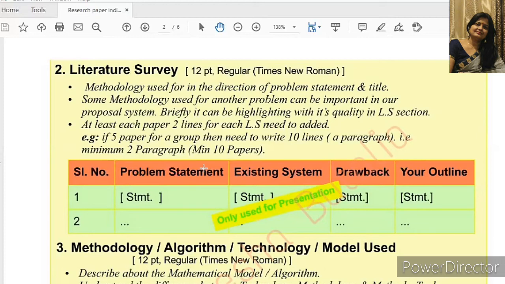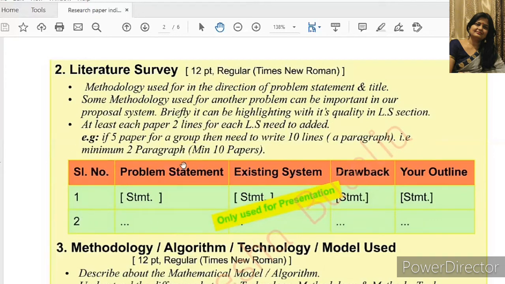So for all the 35 papers, even if for one paper you take 10 lines of your own, try to find out the related issues of your paper with that paper. Even at 10 lines per paper, 35 papers will go to 3,500 words, and it becomes a short paper in any case.